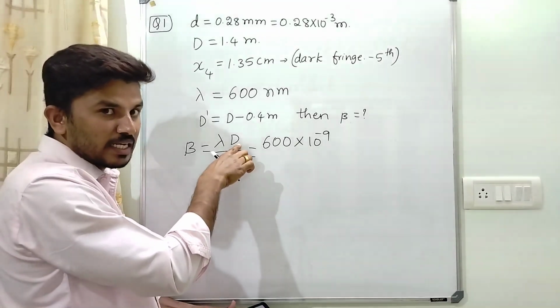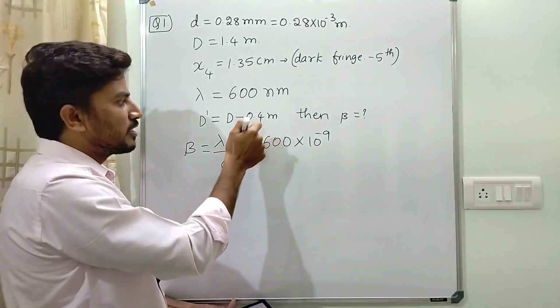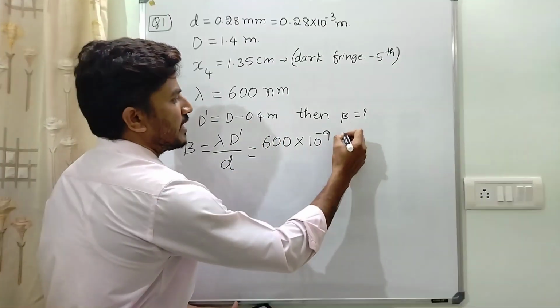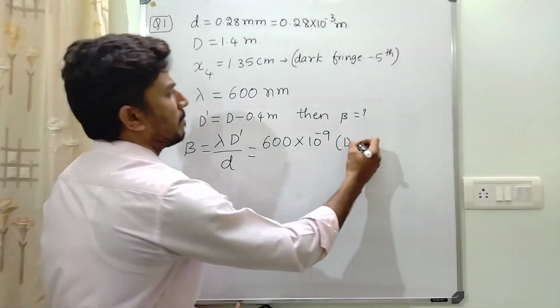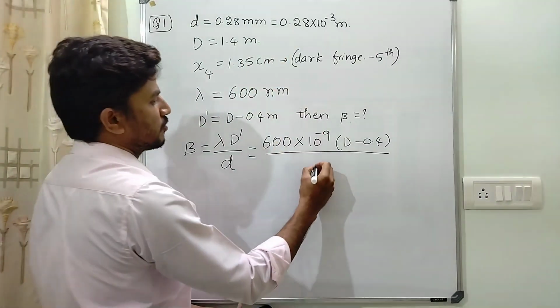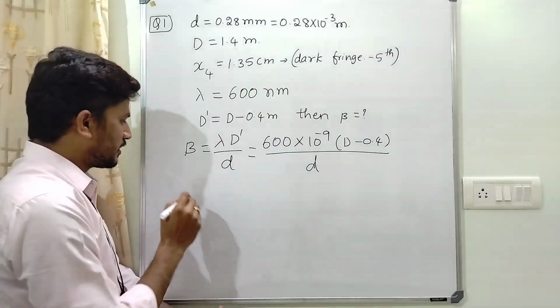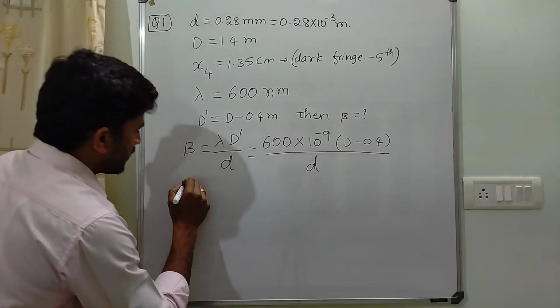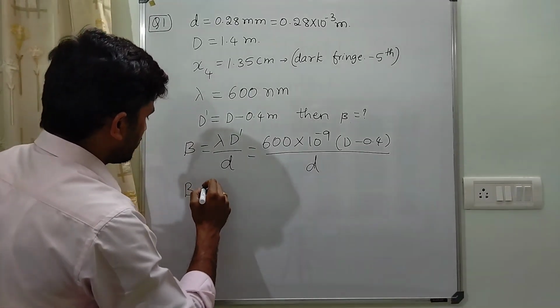But here in this case, D value is decreased by 0.4 meter. Let me write this as D dash. So D dash is given by D minus 0.4, divided by small d. So that also we have to substitute. So let me write here, beta is equal to